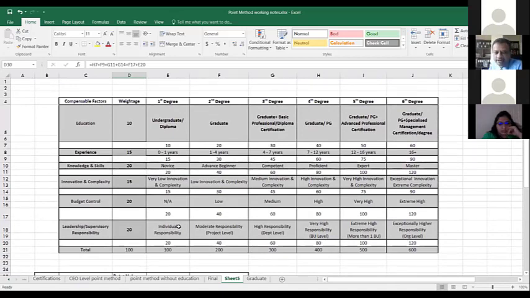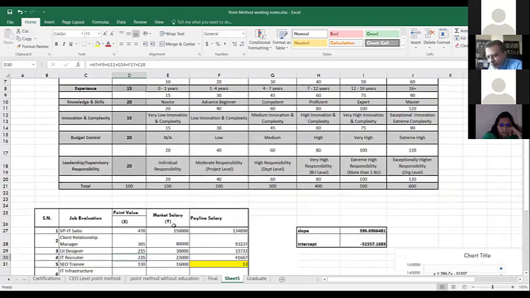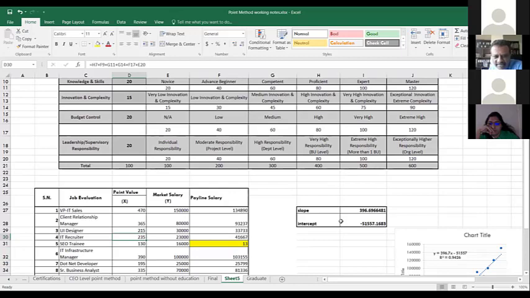But in my mind, a UI designer is a programming level person and an IT recruiter is more of a user of a software, not a developer of a process or system. I would still say that you should have given a lower score for the IT recruiter. And that's why the IT recruiter score is too high now. Okay. And if you get a lower score, obviously the salary recommended for him also would come down, because 41,000 for somebody with 2,300 market salary seems very high. And that's probably because you've given high scores on complexity and innovation.